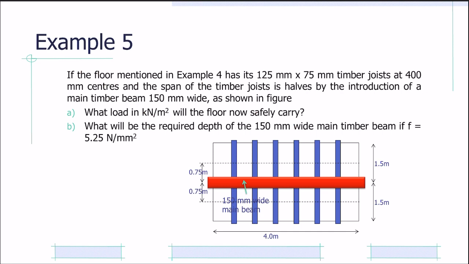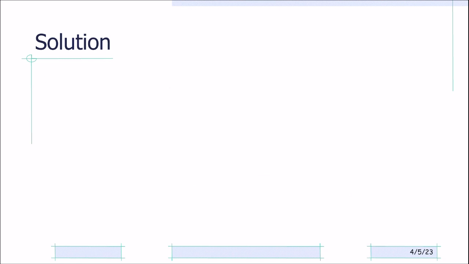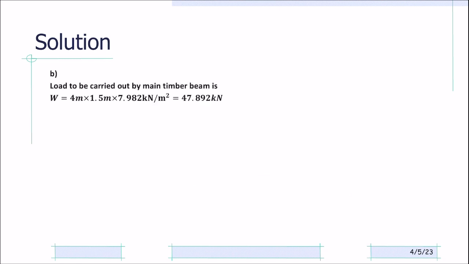What will be the required depth for 150 mm wide main timber beam if F is 5.25 Newton over mm square? Okay, this one, since the introduction of the main timber beam, the question asks you to find the depth. Since given here, the width of main timber beam is 150. Given the value of F, so the permissible bending stress is given. Okay, what we need to do first is we need to find the load to be carried out by the